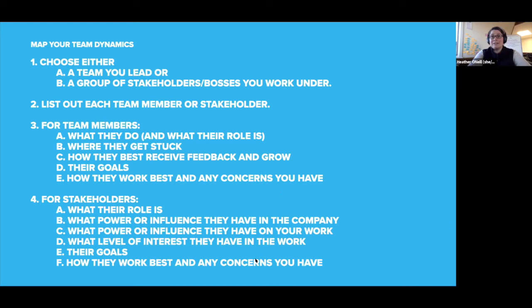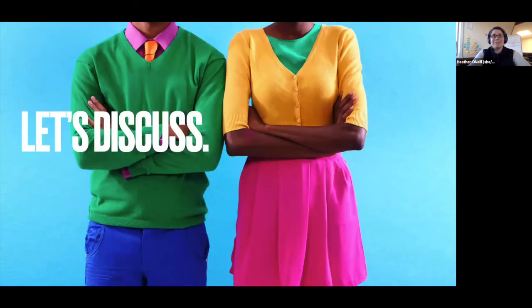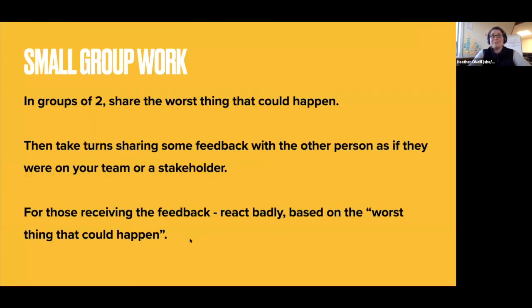And that was going to be the next thing we were going to talk about, getting in groups of two and practicing. And we're low on time, so we will not do that. But I would encourage you to go to someone, share a person that you want to bring up something uncomfortable with, and tell them what you think the worst case is that could happen, and then practice telling them and having them reenact the worst case and be really awful, so you sort of get it all. I think that's one of the best ways